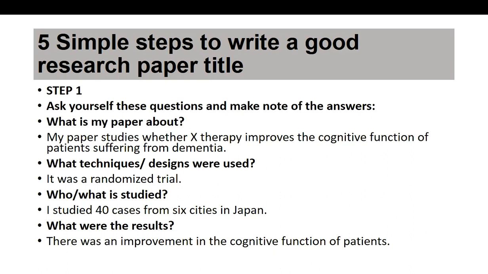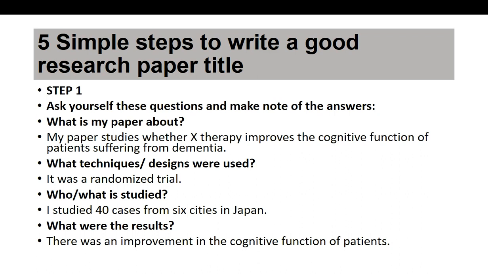To help you write a good research title, here are some simple steps to write a good research paper title. First step is ask yourself this question and make note of the answers. First is, what is your paper about? In this example, it states here that my paper studies whether X-therapy improves the cognitive function of patients suffering from dementia. So the researcher uses a certain therapy to know what is the effect of this in the cognitive function